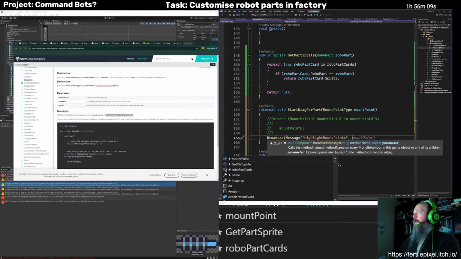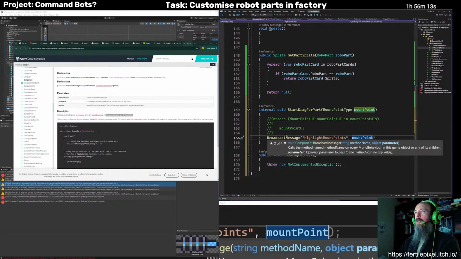And then the parameter will be the type of mount point. And then there's an options parameter that I think is optional.